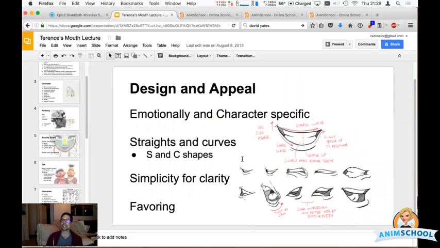So when we talk about design and appeal of the actual mouth, it's these ideas of appeal in drawing, these 2D ideas. So again, we have these concepts of straights versus curves. And the two curve shapes that we generally deal with in animation are S's and C shapes. If you look at this page of drawings, it's quite a useful image to look at, because it's quite clear to see that these mouth shapes are pretty much defined from either C or S shapes, and there's nothing